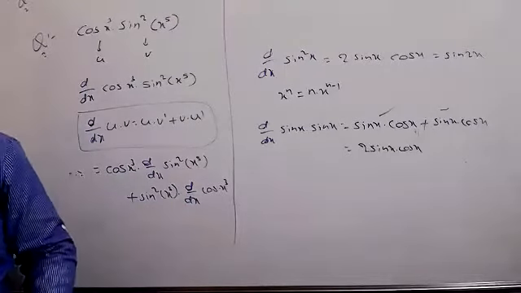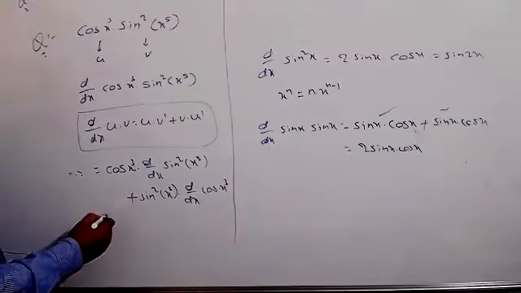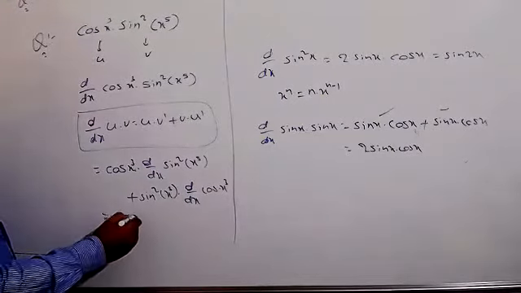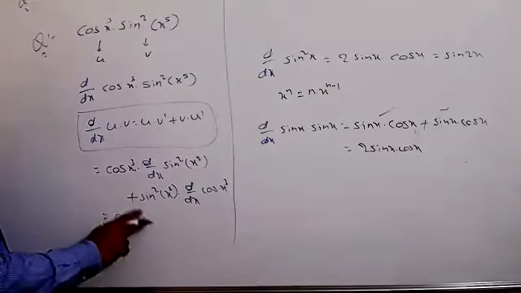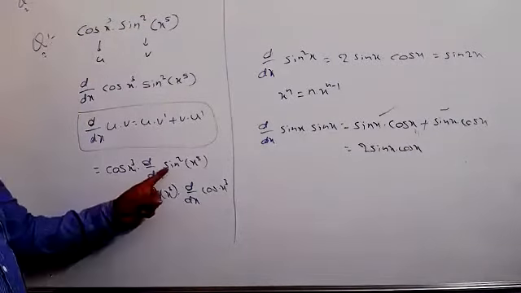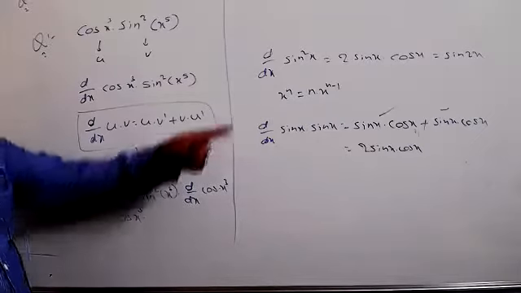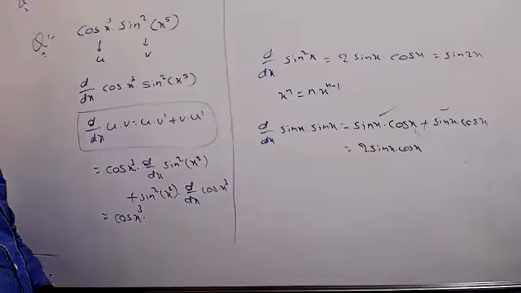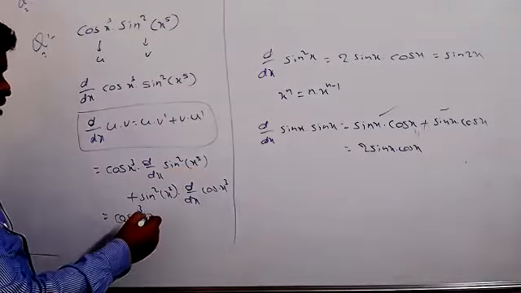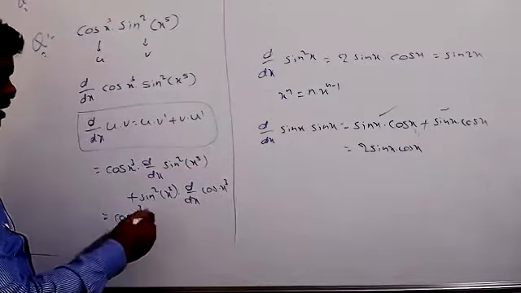Okay, now you can follow that. So it is equal to cos cube x, you can write as (cos x)^3, write as it is, into. Now what is the differentiation of sin square x power 5? Just now we got that: 2 sin 2 theta. Sin 2 theta, it's correct.